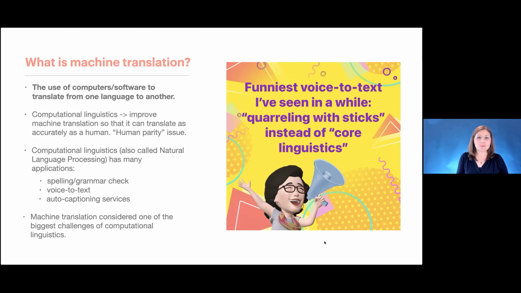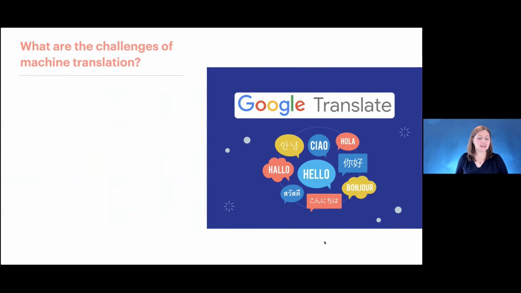And so when we approach something like Google Translate, and I'm sure you've had this situation before where you put in some sort of text and the output is not exactly what your intended meaning was, and we can get really frustrated. But there are some reasons why it is so challenging to do this machine translation. So humans are just much better than computers at understanding context to understand meaning.